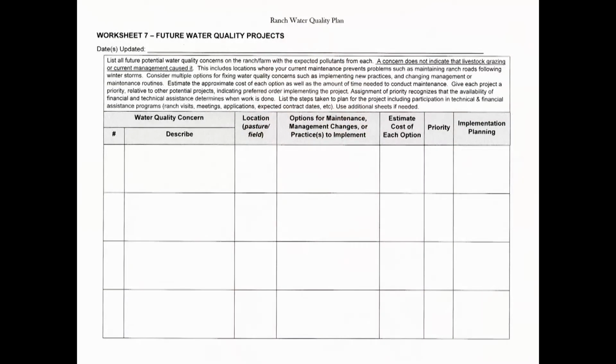Worksheet 7 is part of the Ranch Water Quality Plan template. When you complete Worksheet 7 and the other worksheets in the template, you will have your Ranch Water Quality Plan complete. This is what Worksheet 7 looks like. It is a table setup so that a specific water quality concern and the actions you are considering can be